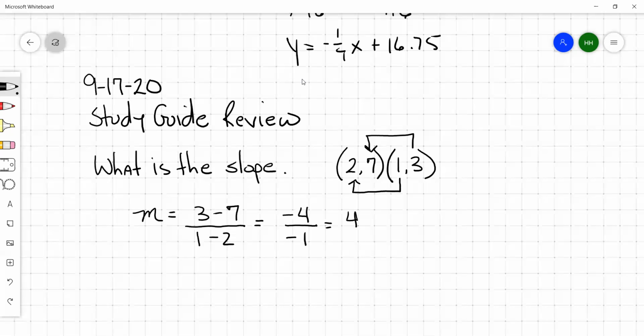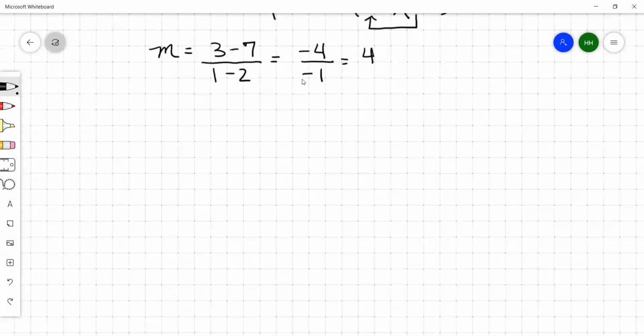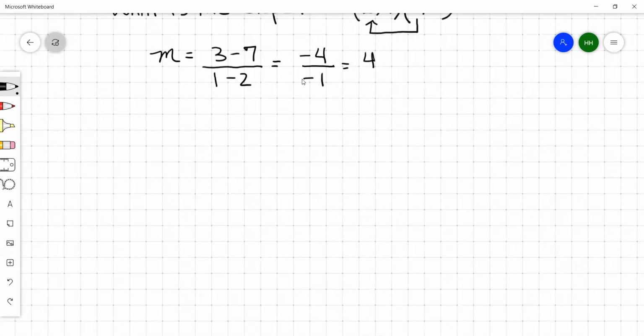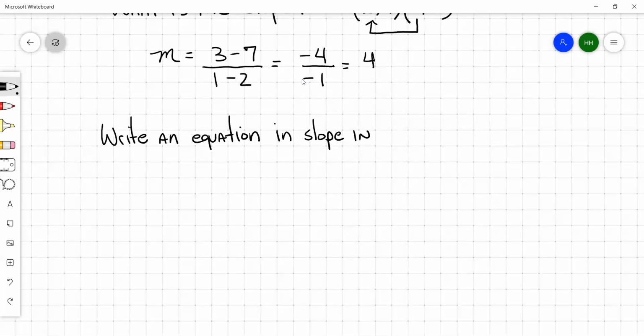You've got a couple of questions that ask you to write an equation in slope-intercept form. Remember, slope-intercept form is y equals mx plus b, where m is your slope and b is your y-intercept. So here's the given information. They tell you that m is equal to 1/2,